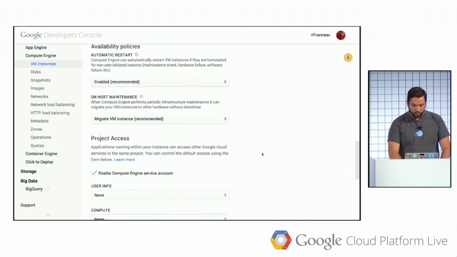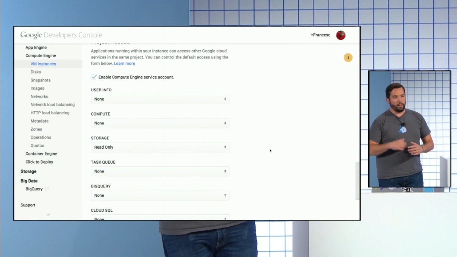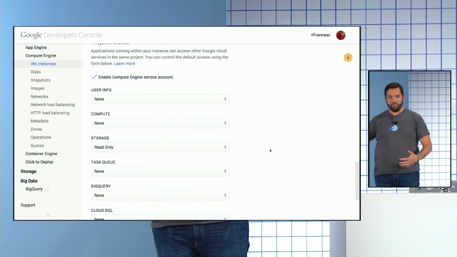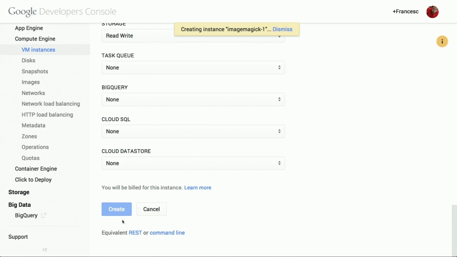And finally, I'm going to configure a service account. A service account is used to help our instance authenticate with other services. So in this case, our instance will be doing three things. One is download images from the buckets, the images that it will reformat. Then upload images to a different bucket. And also, we'll send notifications to all the services. And for that, we will use the user info, so we can check that that's the token that we think it is. So I will use user info, and then for storage, read and write. Now I click on create,